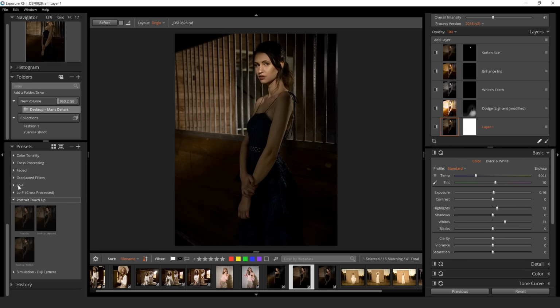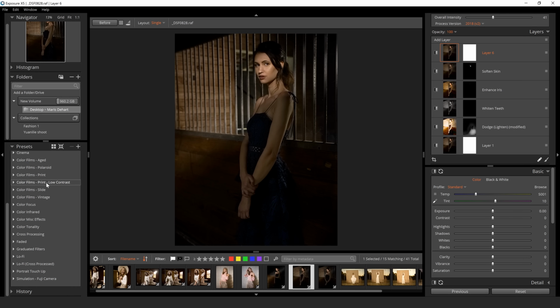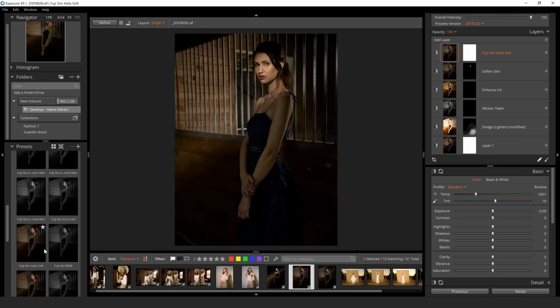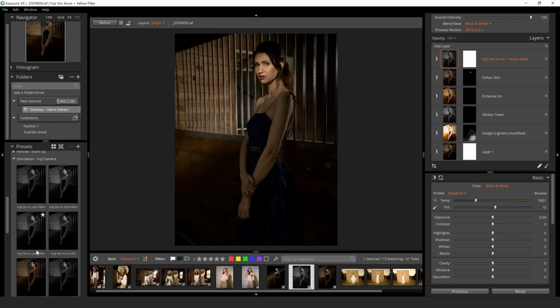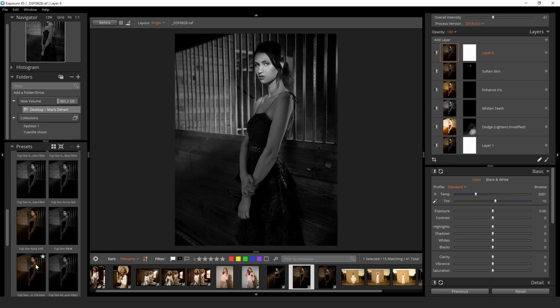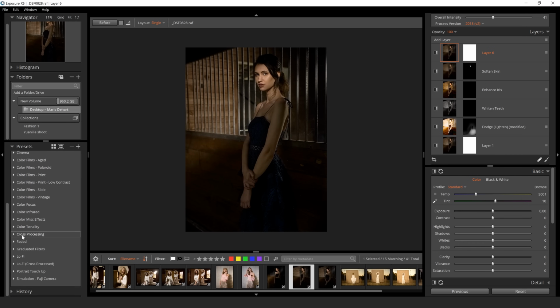The final thing I want to do is let's come up here to the top, let's add a new layer, and let's work on a final color grade. What's pretty interesting here is they have the Fujifilm simulations, which would be interesting to see how closely these resemble the ones actually in the camera. Let's do something crazy here. Let's go down to cross-processing,